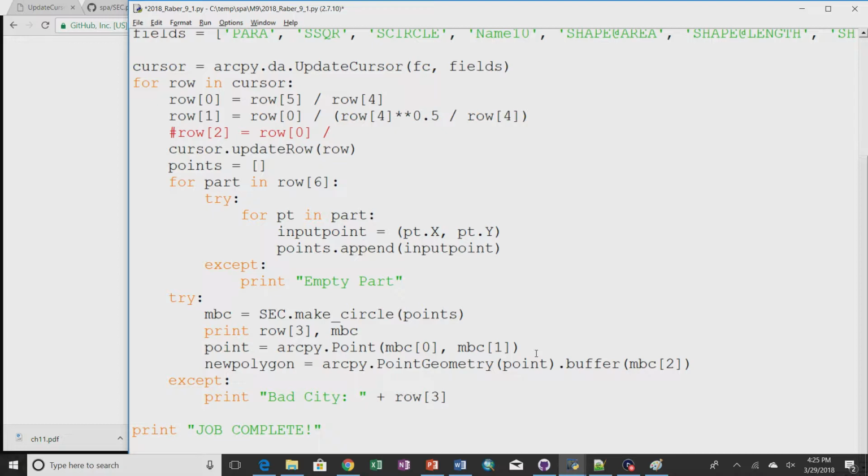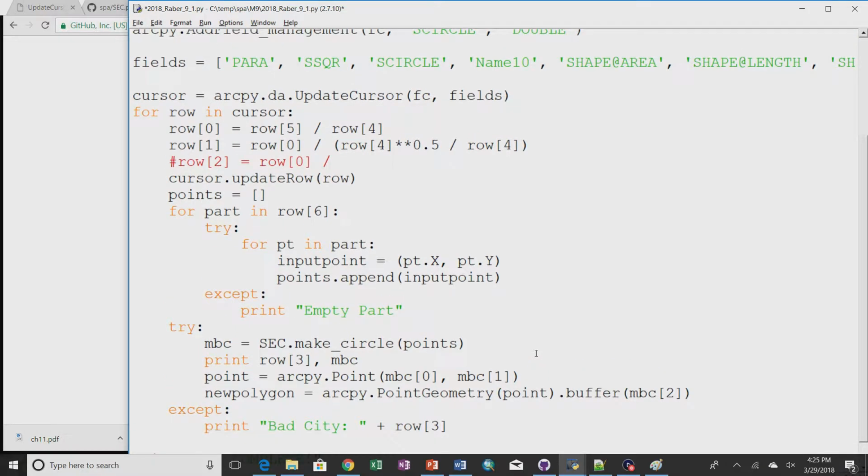So far, let's do that first. So we created this new polygon, right? And it's a circle. And what we really want to do is find the difference between that circle and the area of the polygon itself. We do have that already. So we have shape area right there. It's row, bracket, bracket, 4. So we want to get this area and divide it by the area of this polygon we just